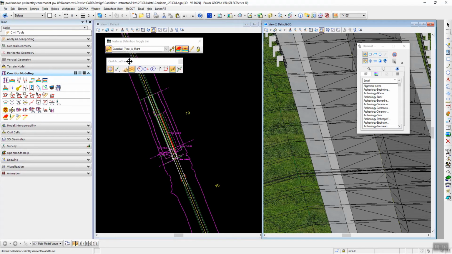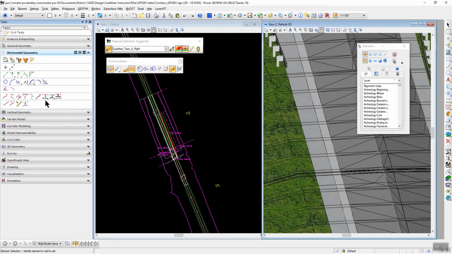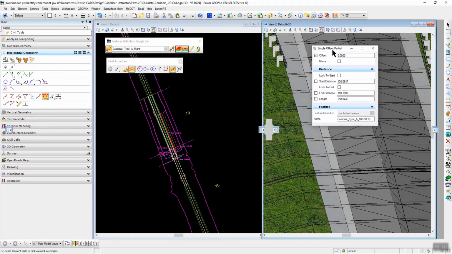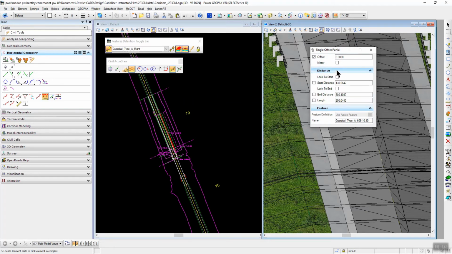We're going to have Civil AccuDraw still running, and the very first part we're going to do a single offset partial right. So we're going to go back to our horizontal geometry tools. We're going to slide down to the offset tools here. We're going to do the single offset partial. When that pops up, we have the dialog here, and the settings can be unclicked. We're going to leave the offset set to 0 because it's going to put it right along the edge shoulder